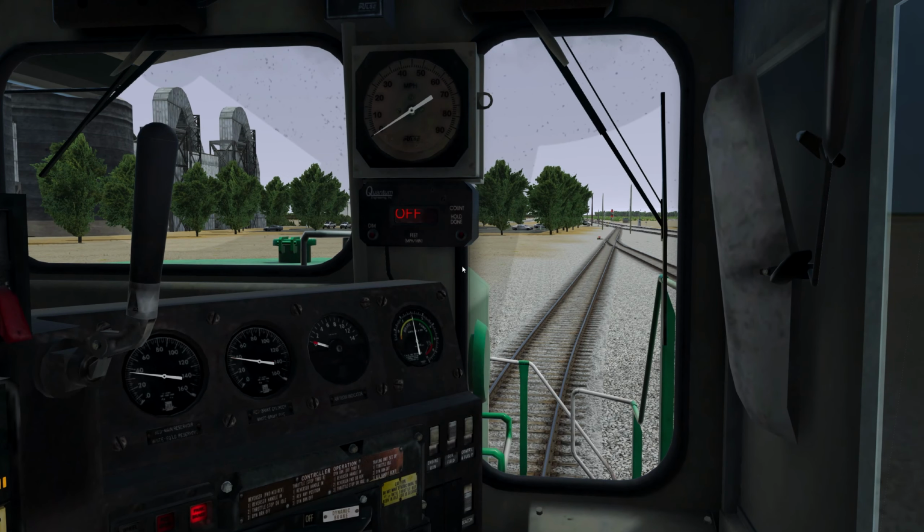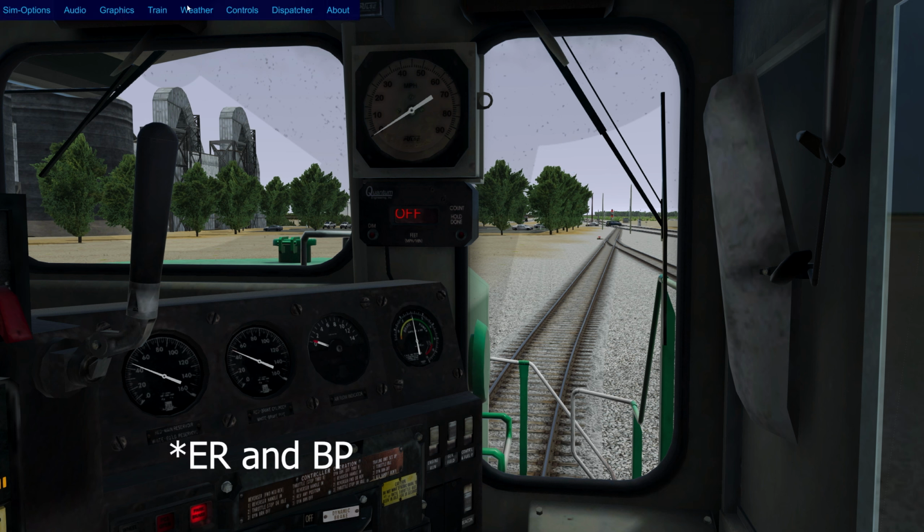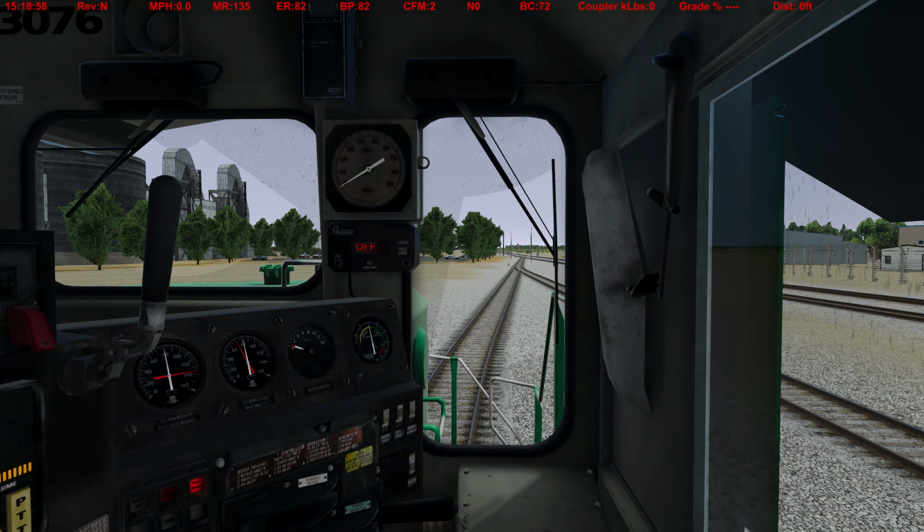Only other thing we need to do is get the headlight to dim. And that is pretty much all we need to do here. I'm going to turn on the overhead panel here. We'll go ahead and wait for the brake pressure to charge up in the locomotive before we start moving. We'll need the main reservoir and equalizing reservoir up to 90 before we can start moving, so we'll wait for that. All right, so it looks like we got good brakes, so we can go ahead and do a quick